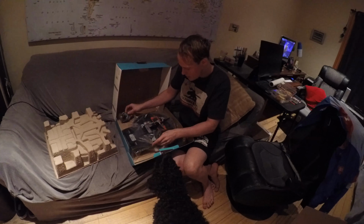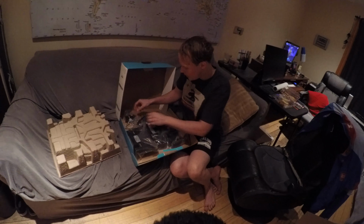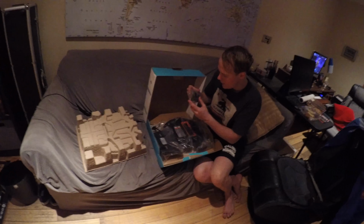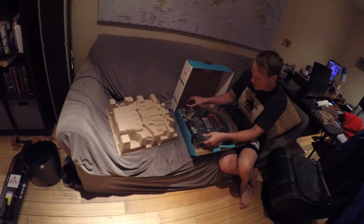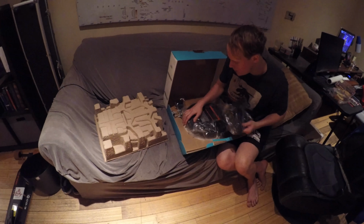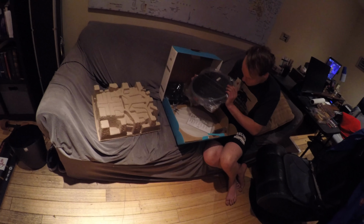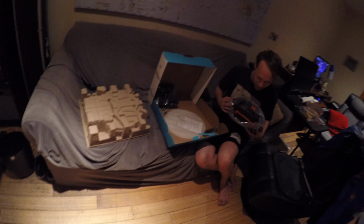It's got some parts in here. It's got some of these little spinning brushes for the edges. It's got a little cleaning bristle, and this is the charger. This is the charging station. It's the power supply, and then here's the device itself. This is the Oregon Scientific